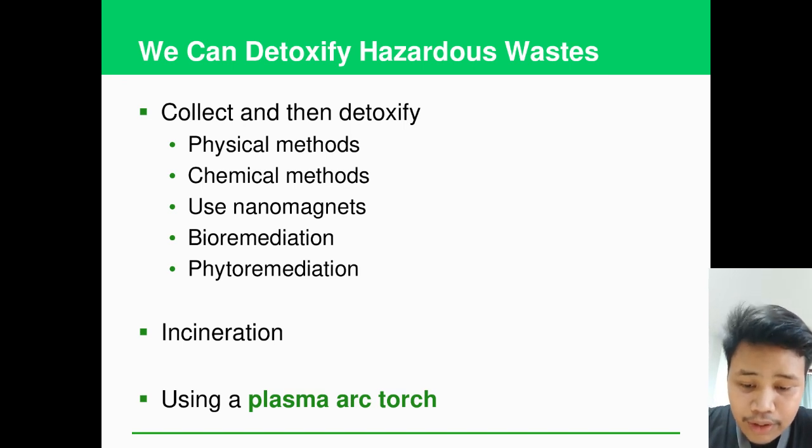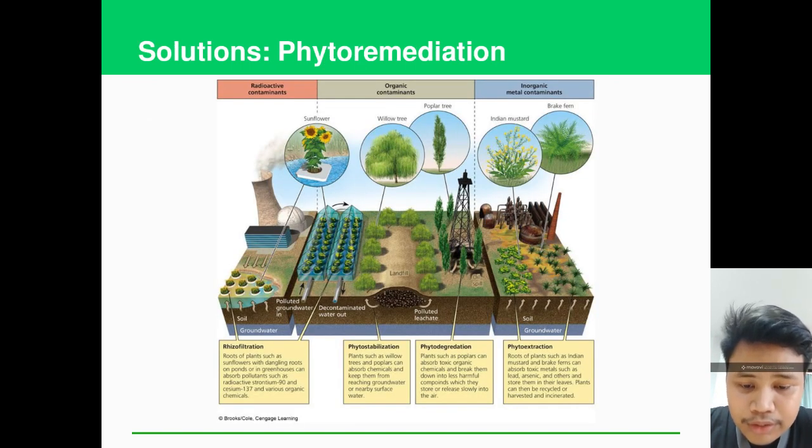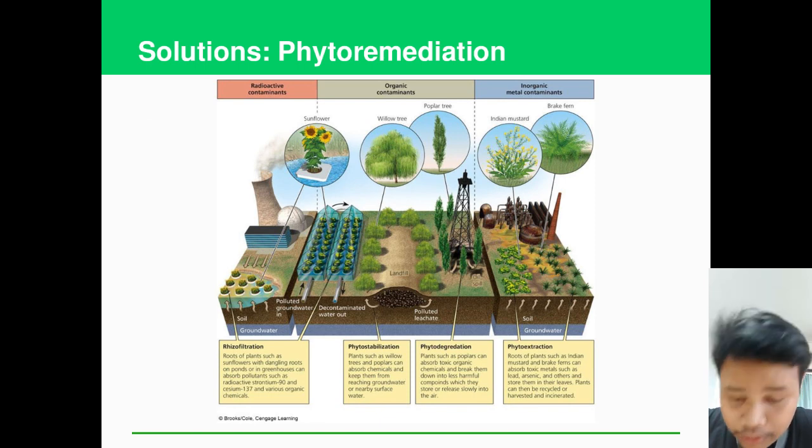They have five methods. As you can see, these are physical methods, chemical methods, and they use nanomagnetics, bioremediation, phytoremediation, incineration, and a plasma arc torch solution. Phytoremediation. As you can see, there are four types of phytoremediation, and these are